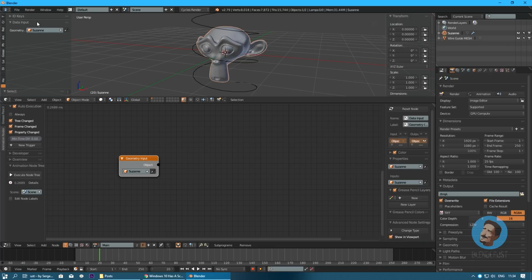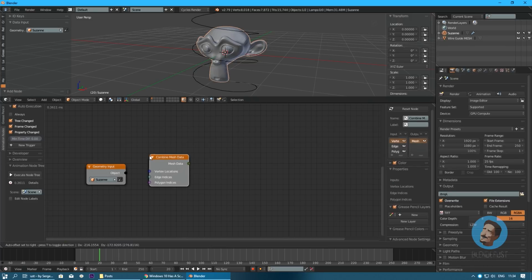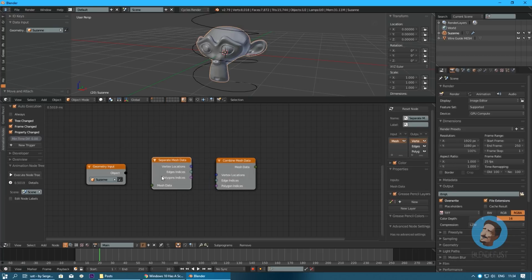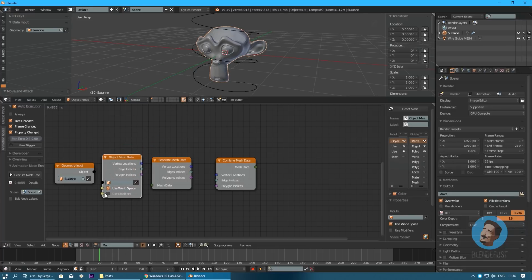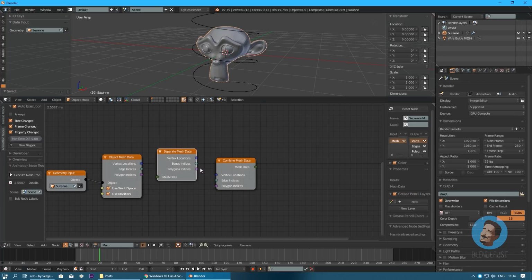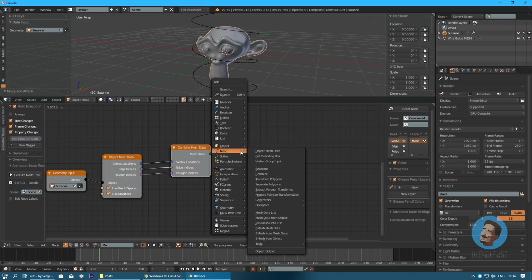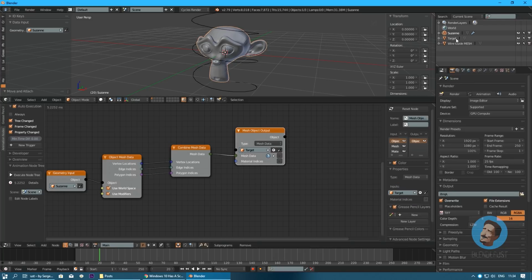I'm going to feed a Suzanne into here. We're going to strip it down to separate individual elements. Object mesh data here. World space and use modifiers have to be checked. And just connect everything and immediately output it into another object, which is going to be called